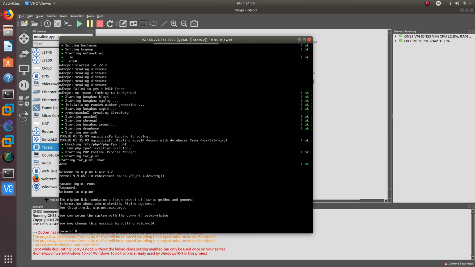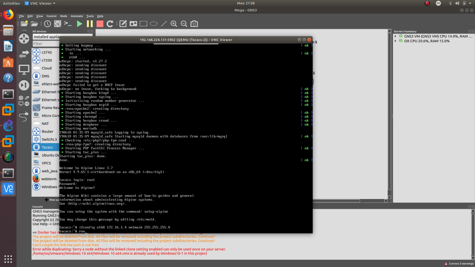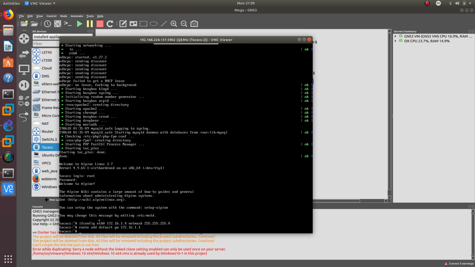1234. ifconfig eth0 172.16.1.4 netmask 255.255.255.0, and then do a route add default gateway 172.16.1.1, and now we should also be able to